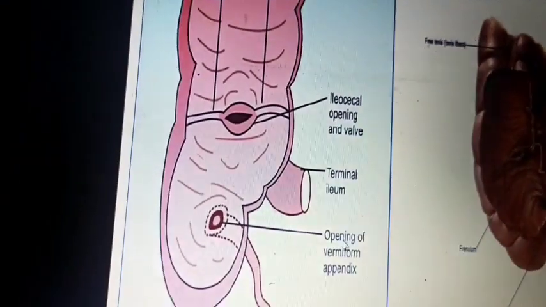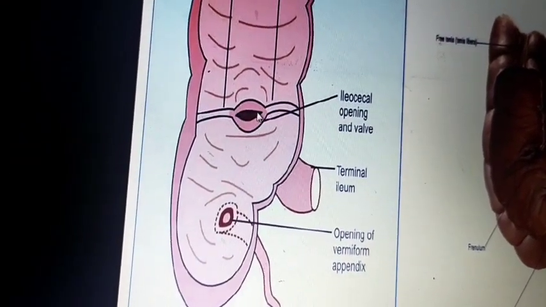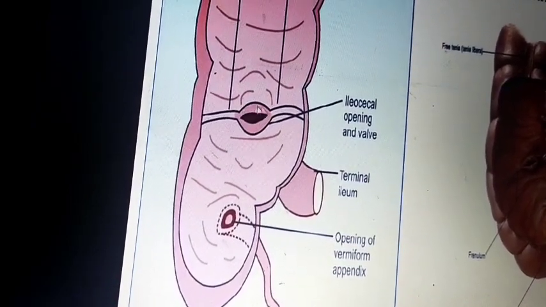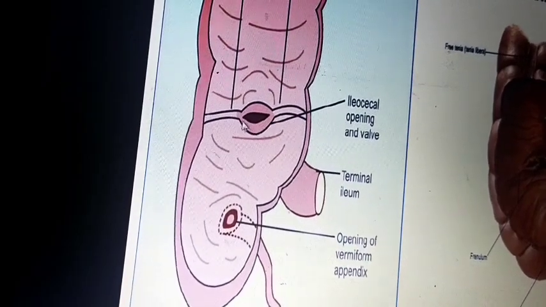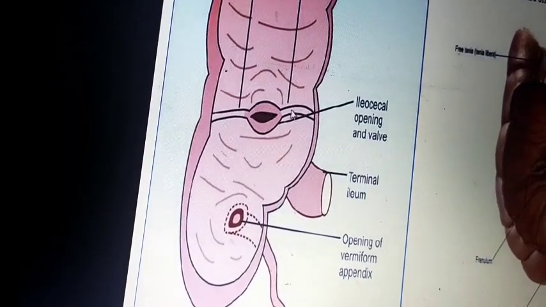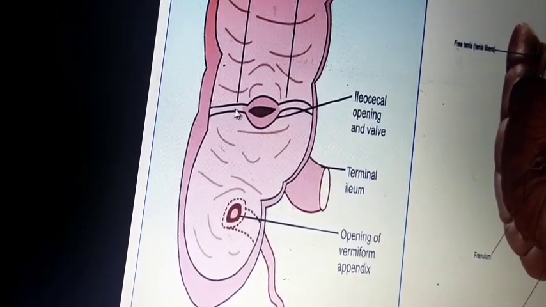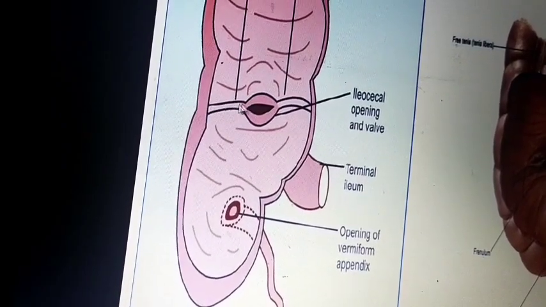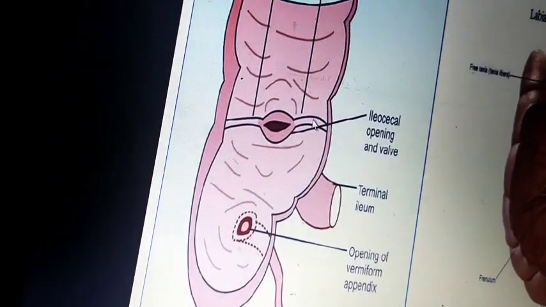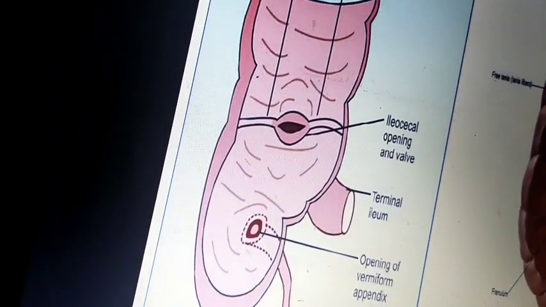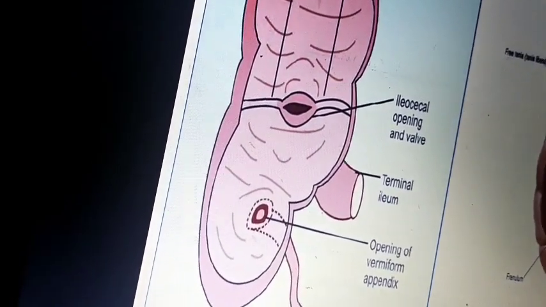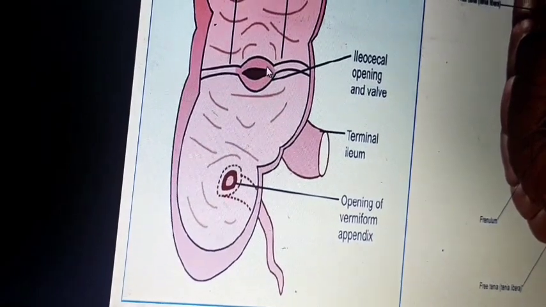Again, in this picture you can see the two folds of the ileocecal valve or junction. The upper lip is horizontal, and the lower lip is semilunar. It has two connecting folds that join the valve. These connecting folds are mucosal folds or small ridges that help to anchor the semi-mobile parts of the ileocecal junction.